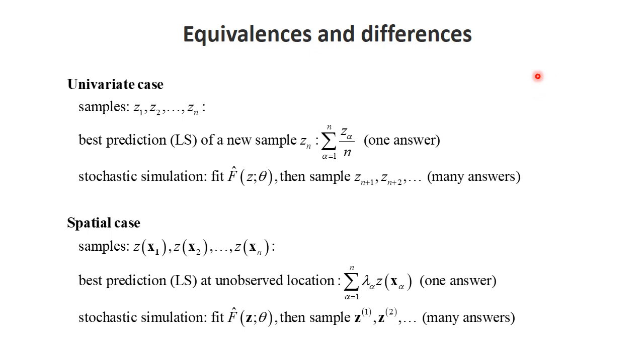So let's discuss a little bit some equivalences and differences with what you already know, which is univariate statistics. In univariate statistics, we gather samples. For example, I could look at the weight of each person in the classroom. And what I now ask is, if I get a new person, what is your best guess for the weight of that new person? Well, if you're thinking about least squares, then the best guess is the mean. That would be the best guess in the least square sense. So the best guess of a new sample would simply be this arithmetic average,